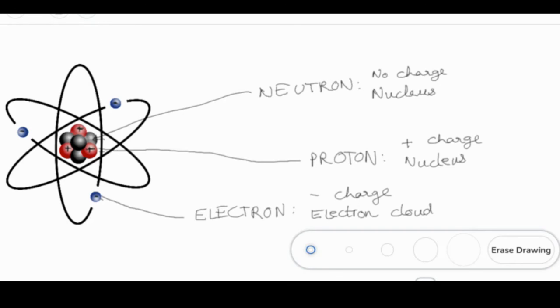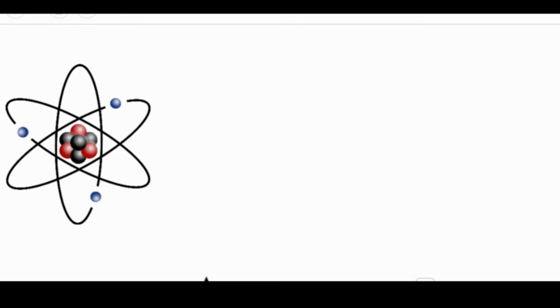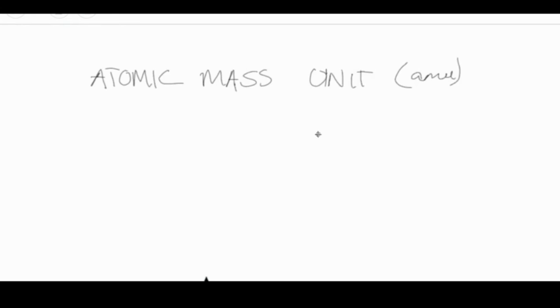To do that, I want to introduce you to the atomic mass unit, which is also known as the AMU. Let me write that down right there. Atomic mass units are what are used to describe the masses inside atoms and the mass of an atom. These are used because otherwise it's going to be very inconvenient to write down the masses of the things inside. For example, the atomic mass unit is 0 point, then 23 zeros. So let me write all 23 of them down.